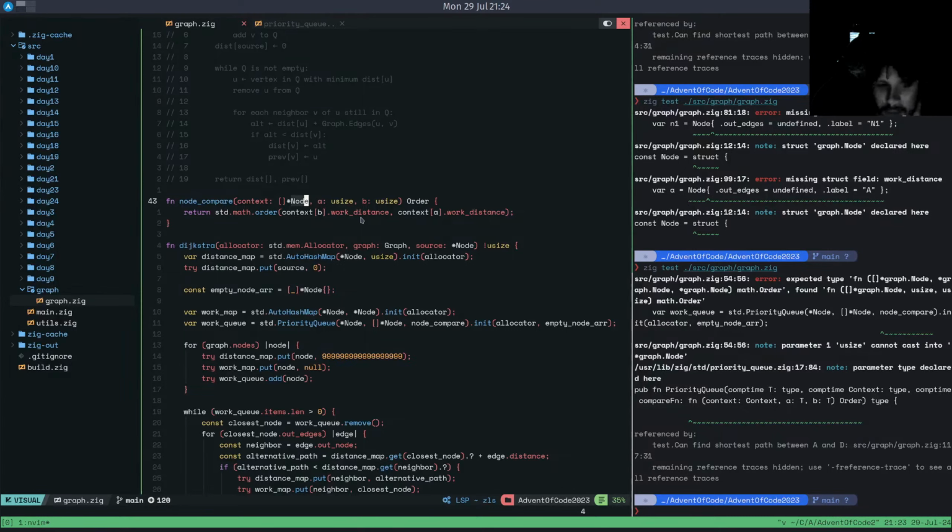So it wants... Take in node A and B, and how do I compare that node A and B are smaller than, and where does this context come in? What if I just ignore that? I feel like it won't go well, but